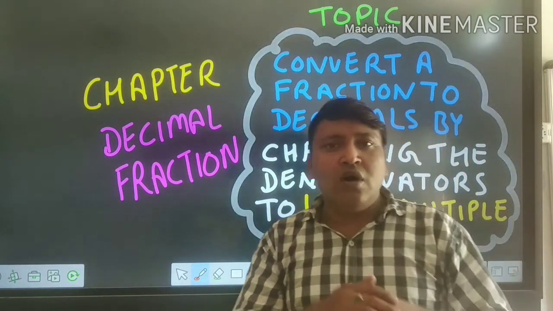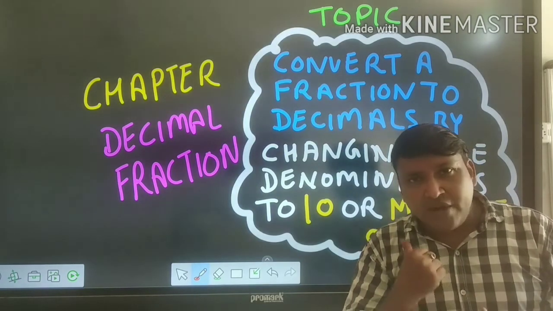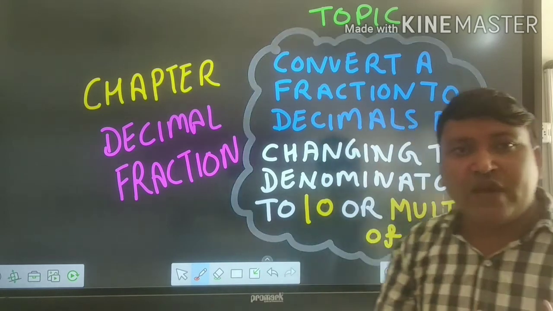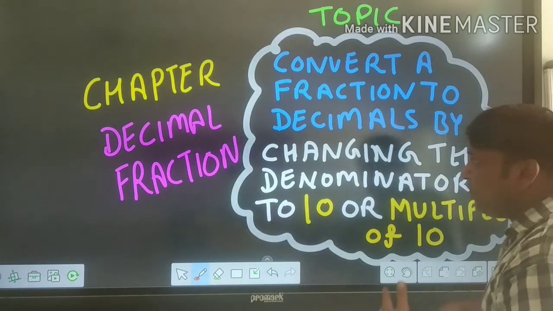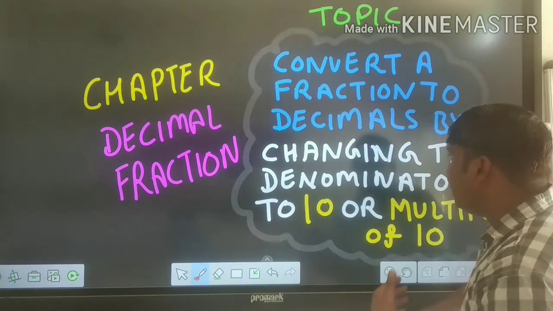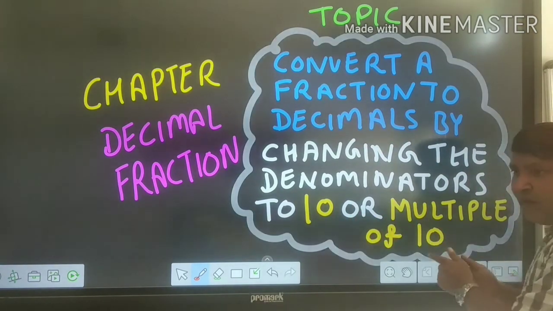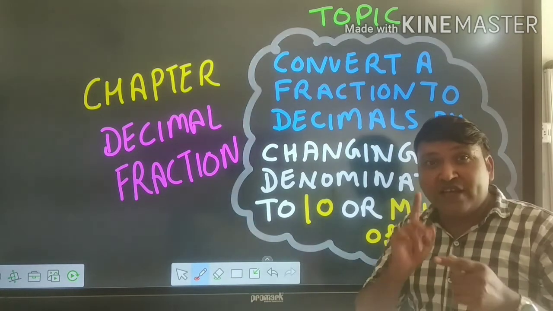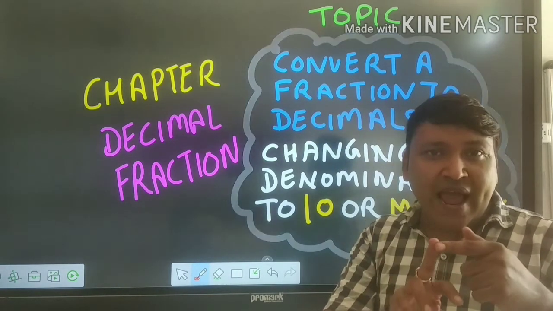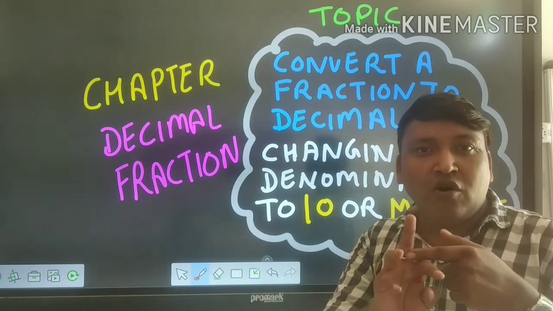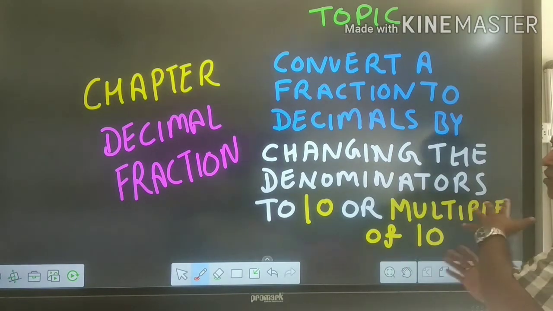Okay student, so after converting the denominator you will have to write the actual answer that forms the decimal number. That is what we are going to learn in this video, where we are going to solve various types of numericals. Let us start and learn how to change the denominator to 10 or the multiples of 10. Multiples of 10 means numbers like 10, 100, 1000, lakh, 10 lakh, crore or 10 crore. Okay student, in this way we have to find our answer.